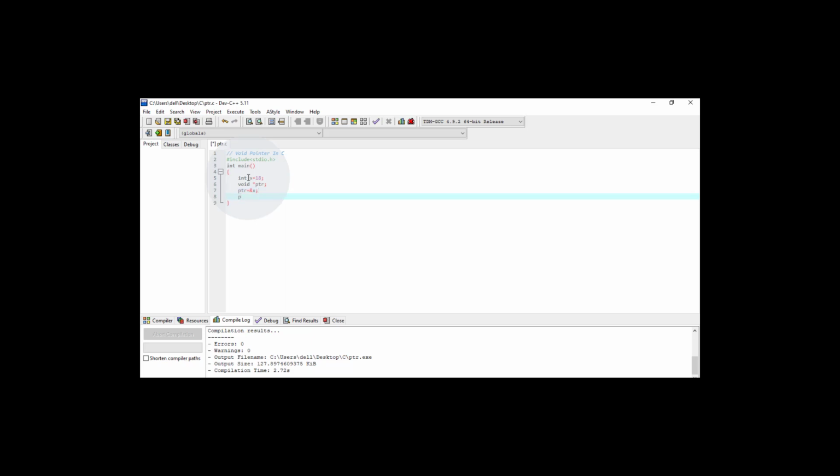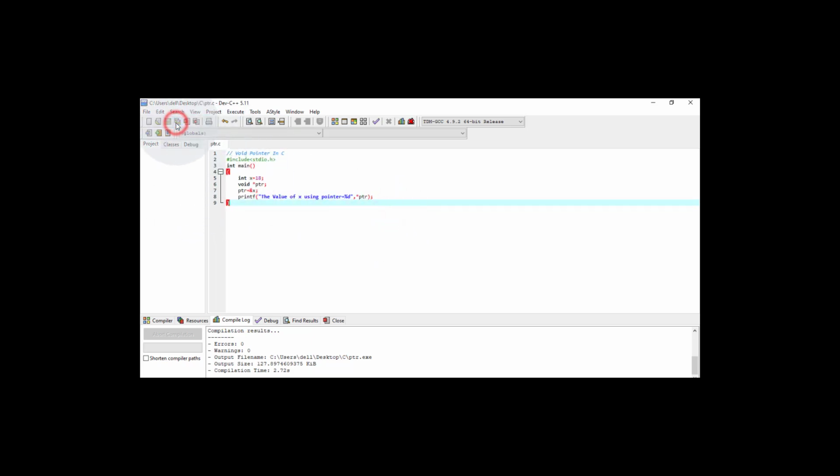So for that I have to write a printf line, and here I write "value of x using pointer is equal to", and the format here we have to use %d as x is of integer type, and then put a comma and give the name of the pointer, and at the end put the semicolon. So this is almost done.